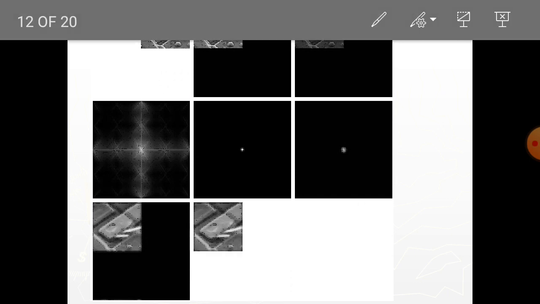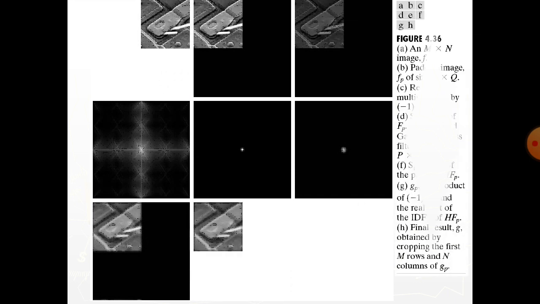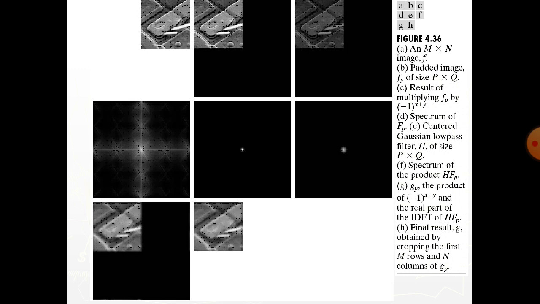This figure illustrates the preceding steps. The legend in the figure explains the source of the image. If it were enlarged, then figure C would show black dots interspersed in the image, because negative intensities are clipped to 0 for the display. Here figure H shows the characteristic dark border exhibited by low pass filtered images processed using zero padding.